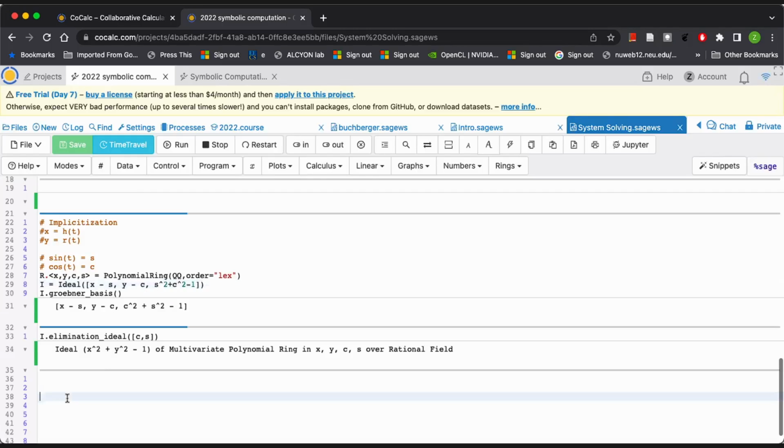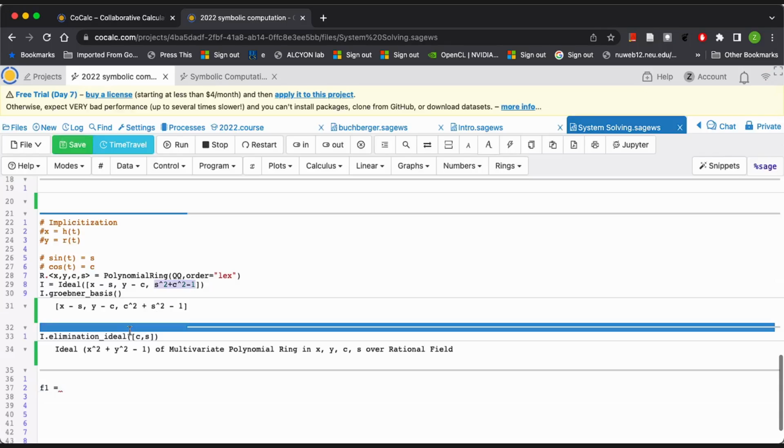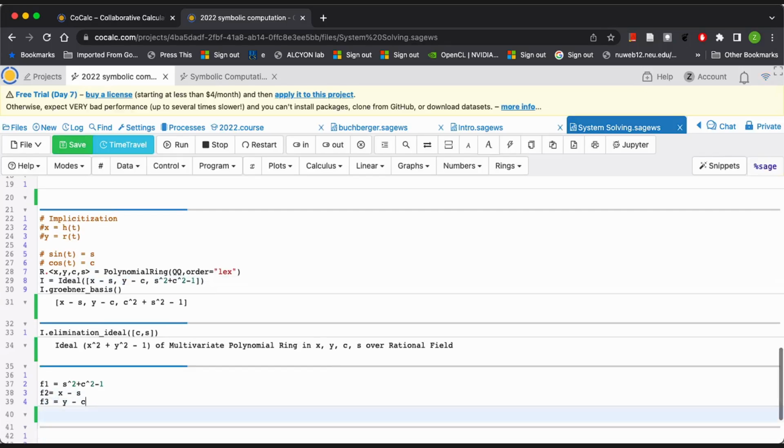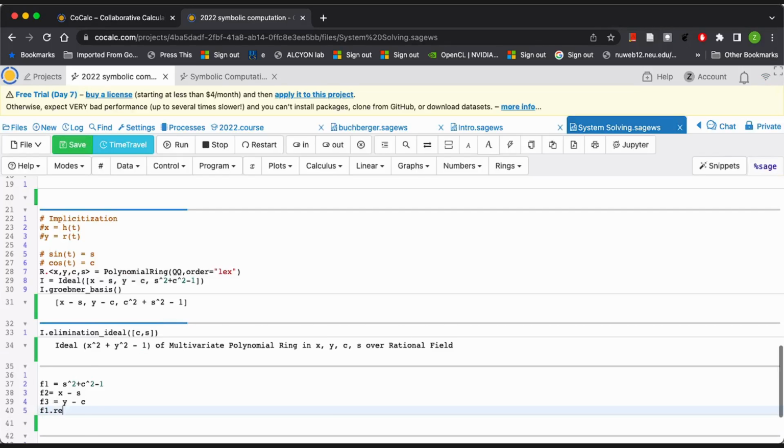Okay, let's say that F1 is this, F2 is that, and F3 is that one. So now, if I say F1 reduce by F2,